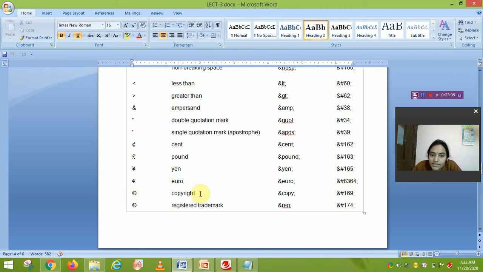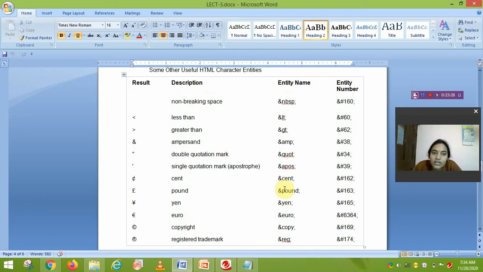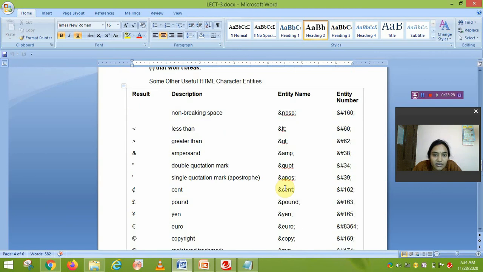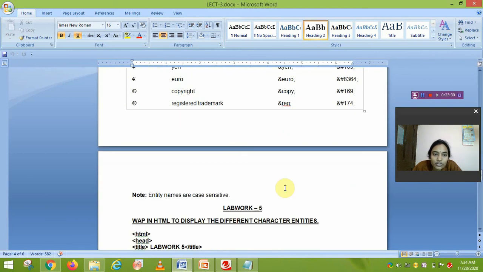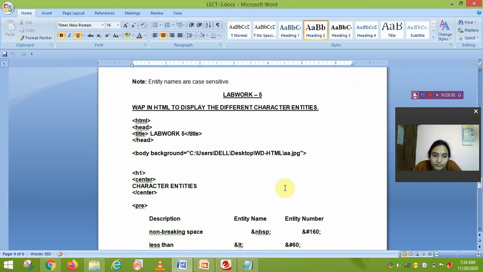For the copyright symbol we write ampersand copy, and the entity number is ampersand hash 169. For the registered trademark symbol, the entity name is ampersand reg, and the number is ampersand hash 174. These are some special character entities which are useful in your HTML document.